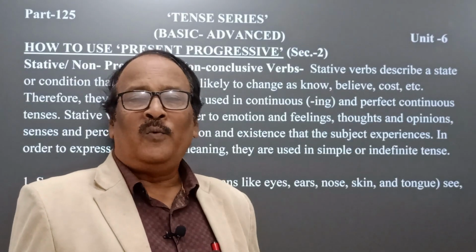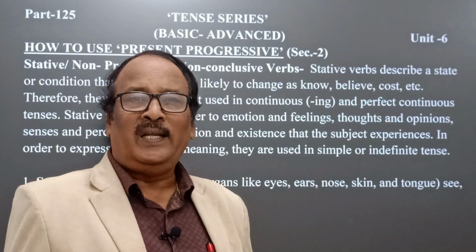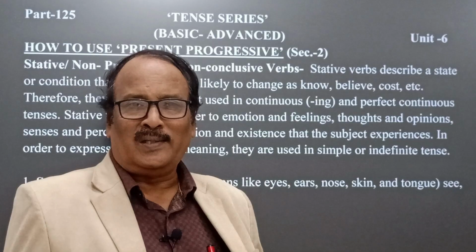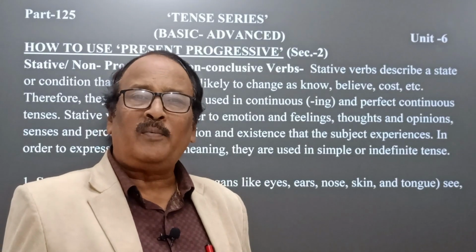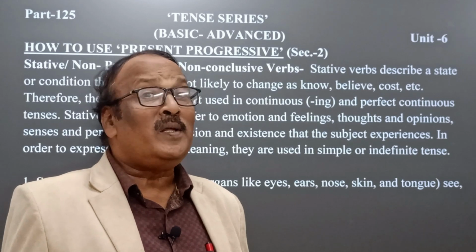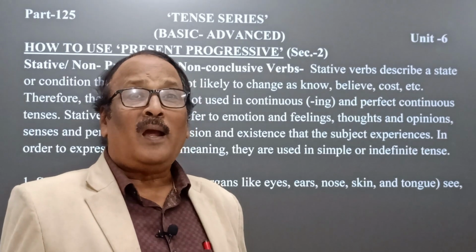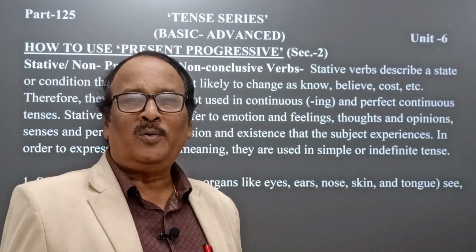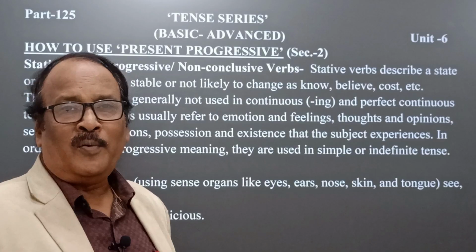Side by side, we have also discussed the use of present progressive. As it is a lengthy chapter, I have divided it into two sections. We have discussed section 1, and in today's segment I am going to discuss section 2 of present